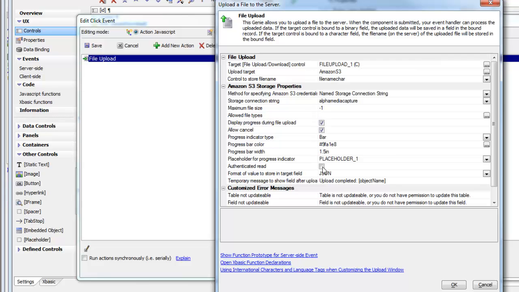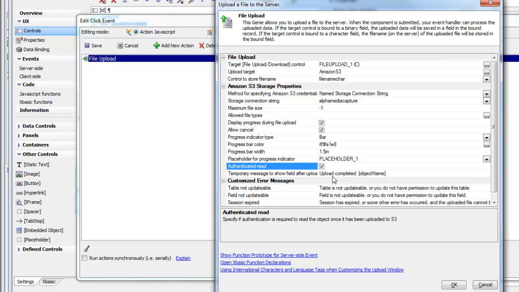If you choose to do an authenticated read, then that option goes away, because what's going to happen is it's going to automatically be stored in the special JSON format. And the reason that we need to store it in the special JSON format is that in order to